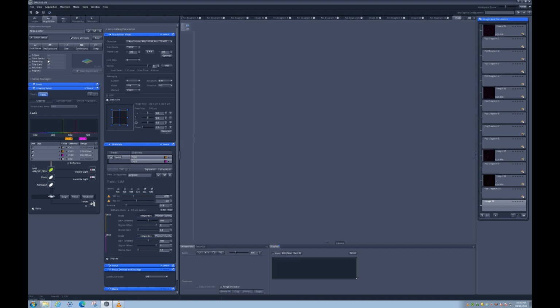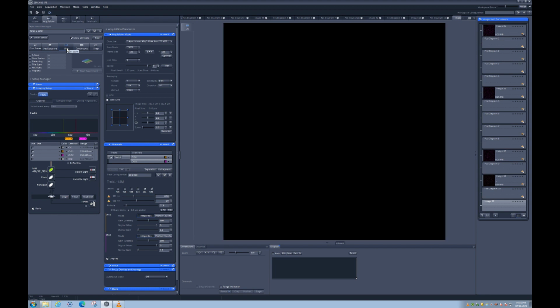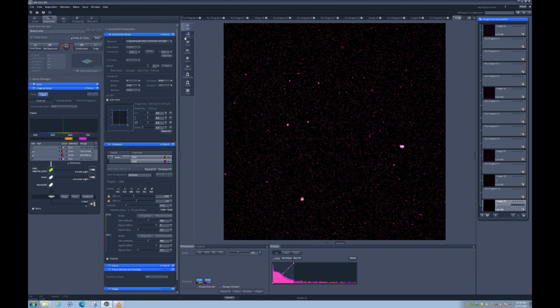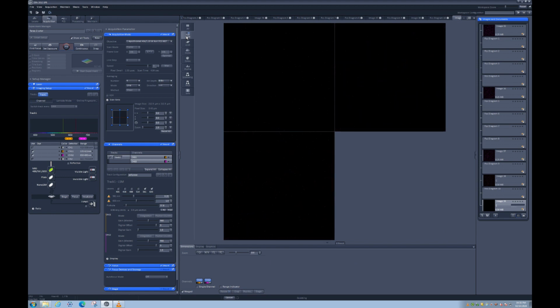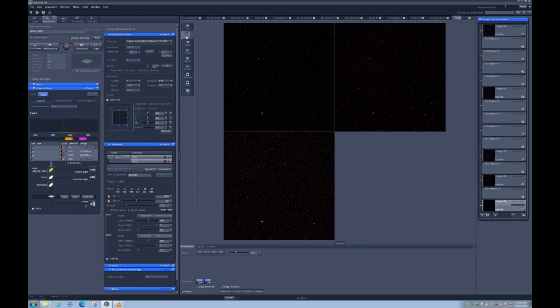You are in the acquisition mode as usual, and you have the very same optical configuration as before. We can start live. And here you see again, your nice signal from imaging. You see the surface, you see the solution, you see your liposomes diffusing around, and that works quite well. So we stop here,